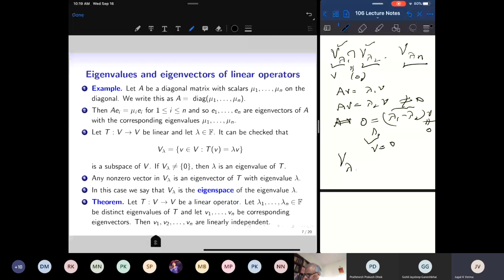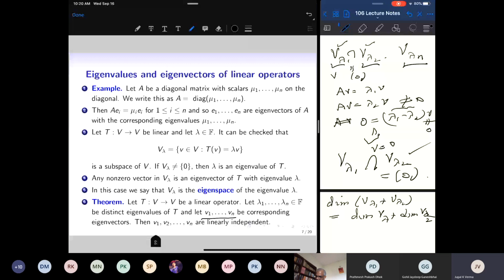And so by the formula we proved for the dimension of the sum of two vector spaces, if I add two vector spaces, then the dimension of the sum is equal to the sum of the dimensions. Keep that in mind, that two eigenspaces corresponding to distinct eigenvalues have only the 0 vector in common. Now let's prove this fact, that if I take eigenvectors corresponding to distinct eigenvalues,